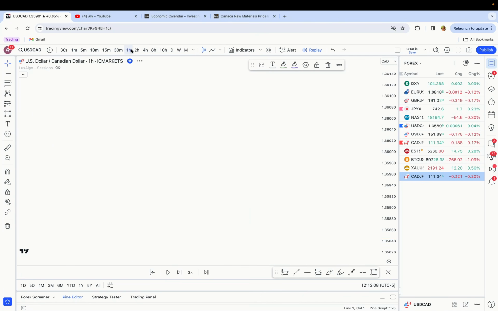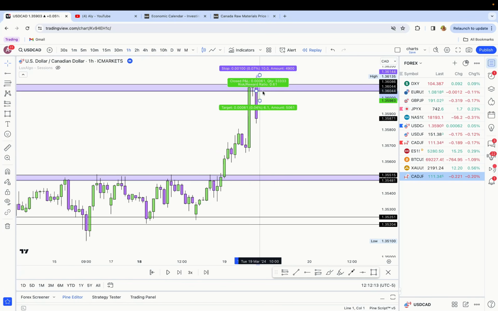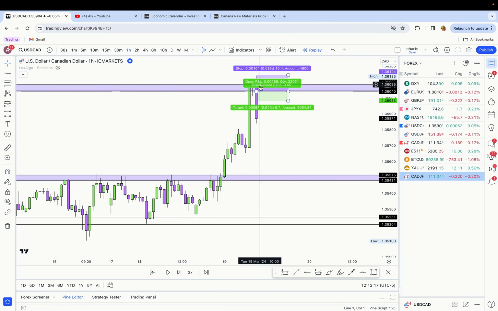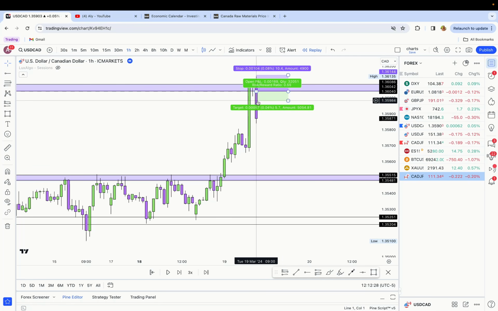So we're going to go to the 1 hour and we're going to identify where our target's going to be. You can't even see this guy because it's so low. But the point of that is we wouldn't be able to enter on this candle. We have to break it down and then enter on a lower time frame, then go back up. So we're going to look at our targets, okay? So our major target,